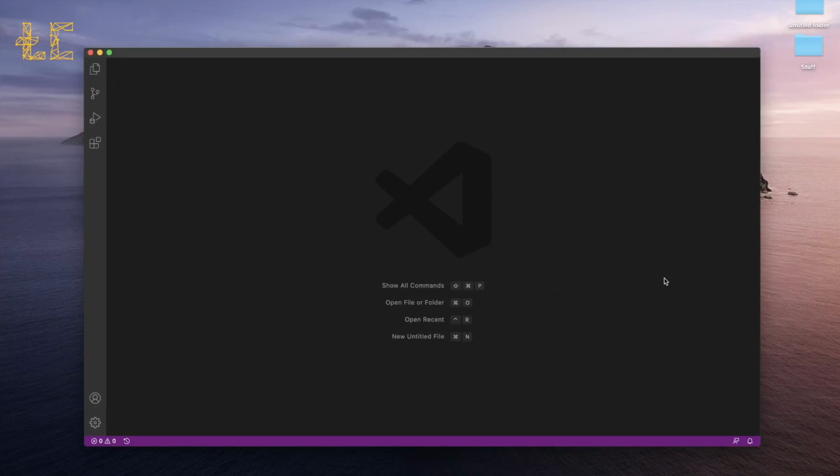Hey, welcome back everybody. So today we're going to take a look at the very first thing you do when you join the Ethereum development space. You have to set up your machine's environment to be compatible with Solidity as well as the Truffle framework and all that good stuff. So that's what we're going to go over today, and we're going to make it simple,